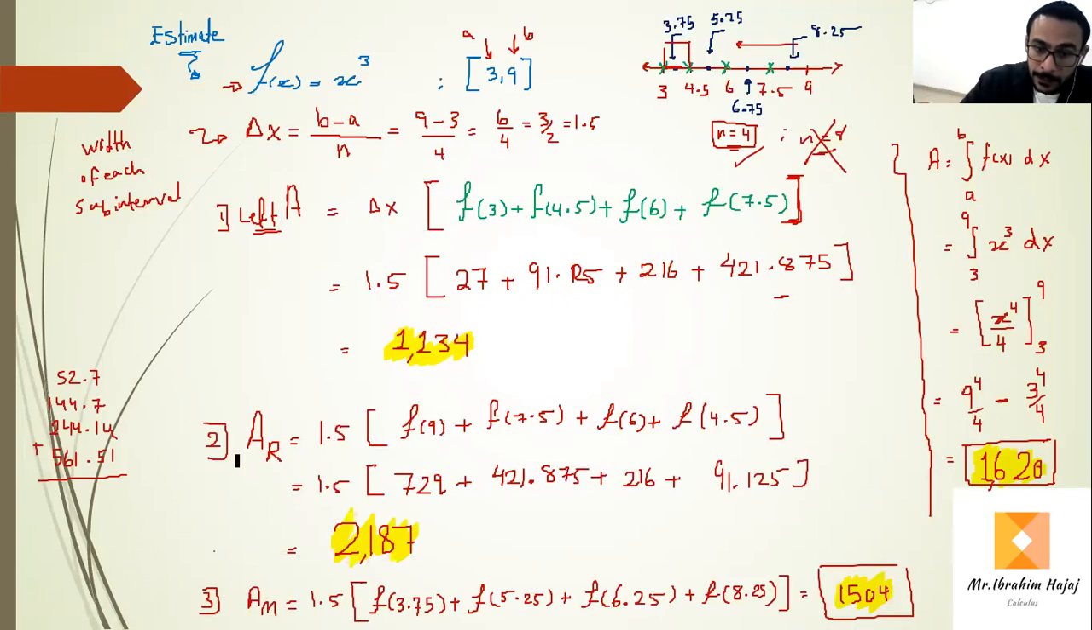In the midpoint, we take the midpoints between the points and add them: the summation of f of the midpoints, f of 3.75, which is